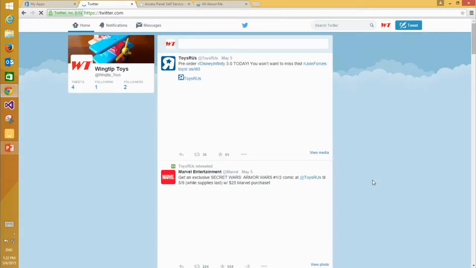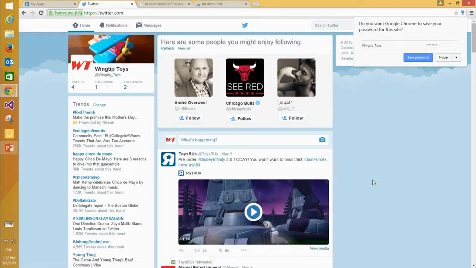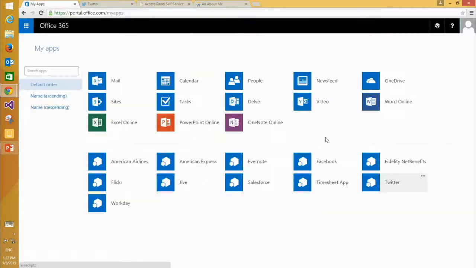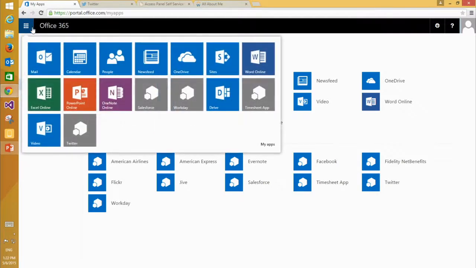Now, I did all of that just by simply logging in with my corporate username and password. That's neat. I can also pin it to my launch bar, to my launch pad. And in the future, if I'm an avid Twitter user, I'll be able to access it much more quickly. So that's very briefly the end user experience, and I'll hand back over to Keith to continue.